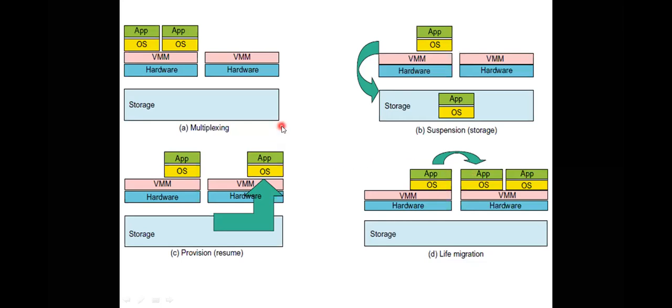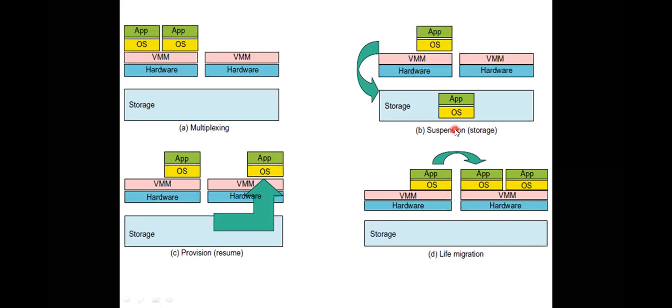First one is multiplexing. The primitive operations start with multiplexing. We need to maintain a storage, and the guest operating systems are maintained there itself. So why are we maintaining the extra hardware for the hypervisor? It is for future purposes. We are not designing it for the present. If a failure occurs, you migrate. To migrate, we need to provide the environment initially there itself. That's why we are proceeding this way.